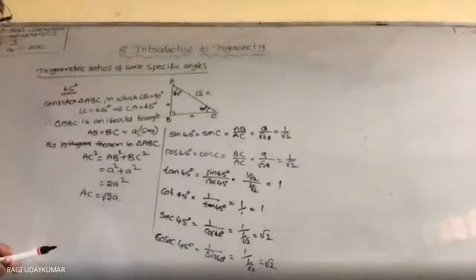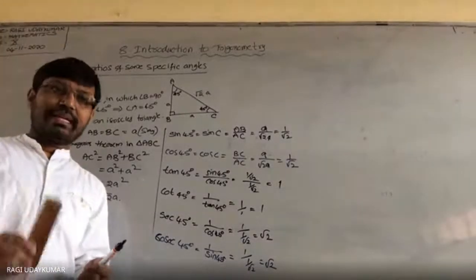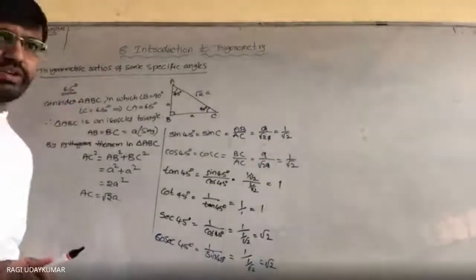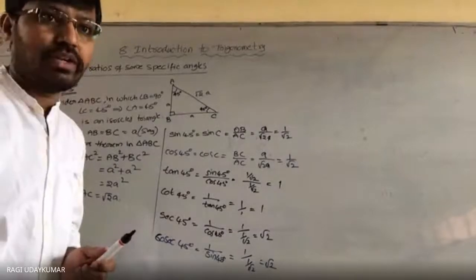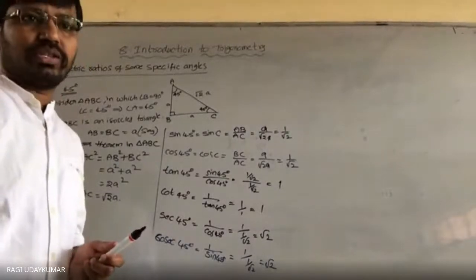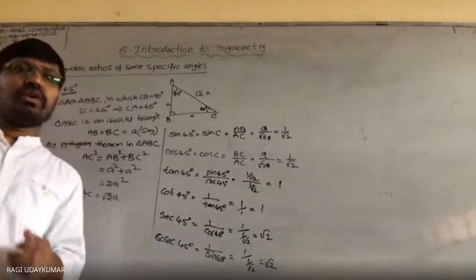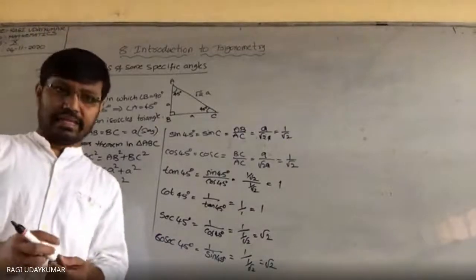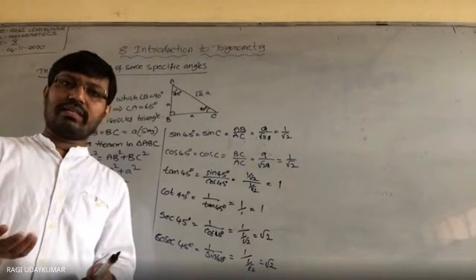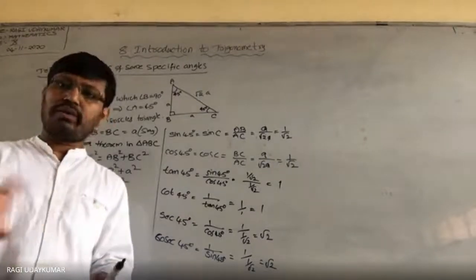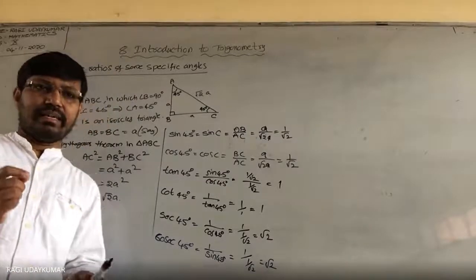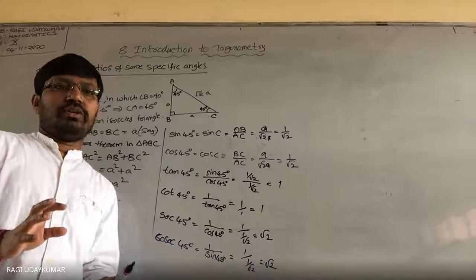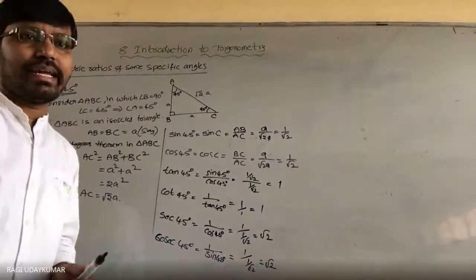Yes. Okay. Next we'll go to find out the 30 degrees and 60 degrees. Both 30 degrees and 60 degrees you can find out in one triangle only. For that you need to take a triangle in which 30 degrees and 60 degrees are there, which means you take the equilateral triangle into consideration. If you draw one perpendicular line from a vertex to the opposite side, you are going to get both 30 and 60 degrees. So you have to consider the equilateral triangle.